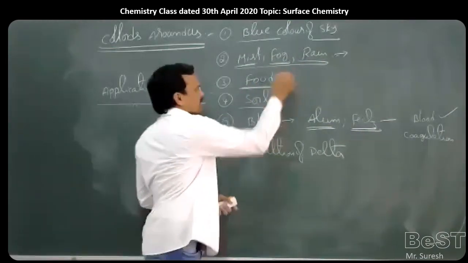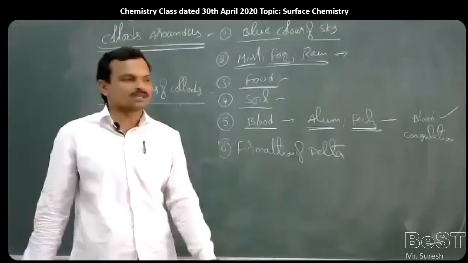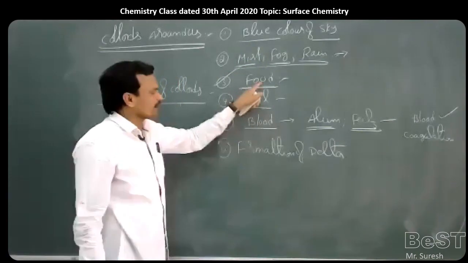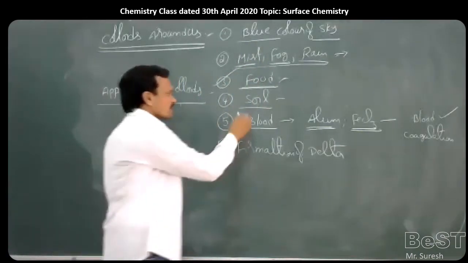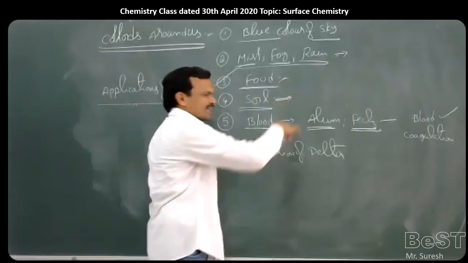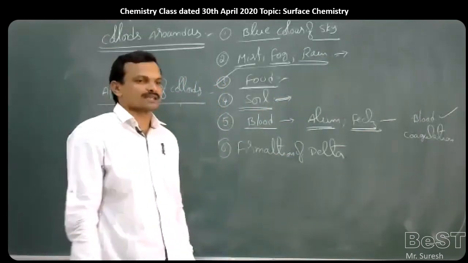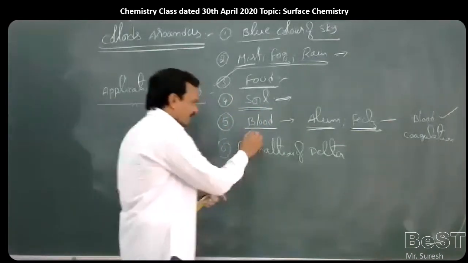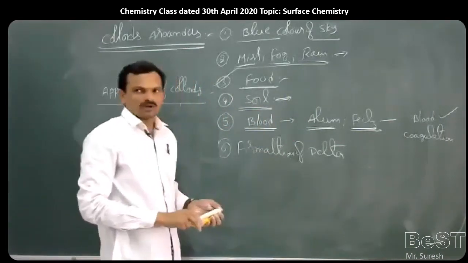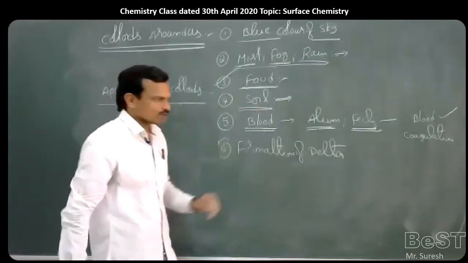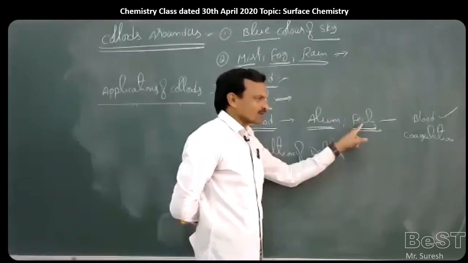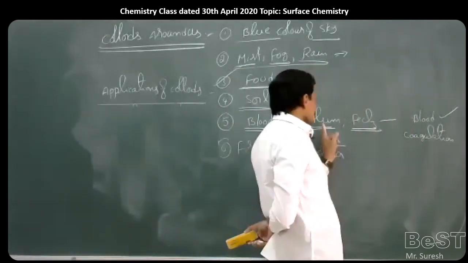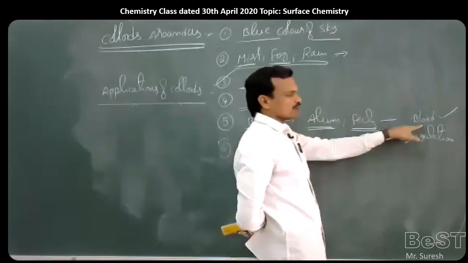Food. Food materials like milk, cream, butter, cheese, jellies and fruit juices are all examples of colloidal solutions. Soil. Fertile soil is a colloidal solution in which humus acts as a protective colloid that keeps the soil colloidal solution stable. Blood. Blood is nothing but albuminoids dispersed in water. Whenever alum or ferric chloride is added to blood, it causes coagulation of blood. That means the electrolytes of alum and FeCl3 can cause coagulation of blood.